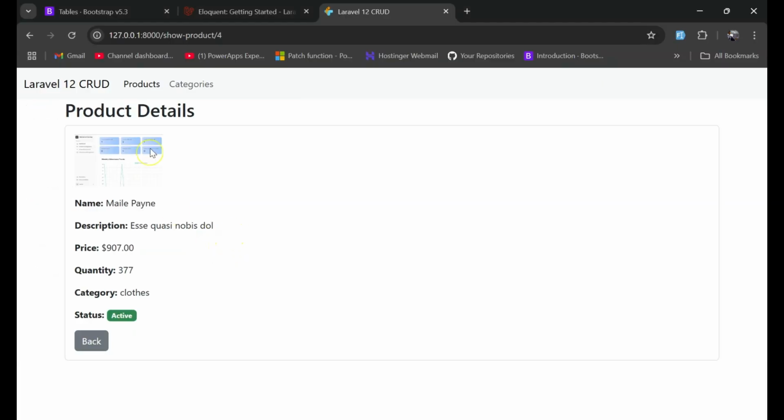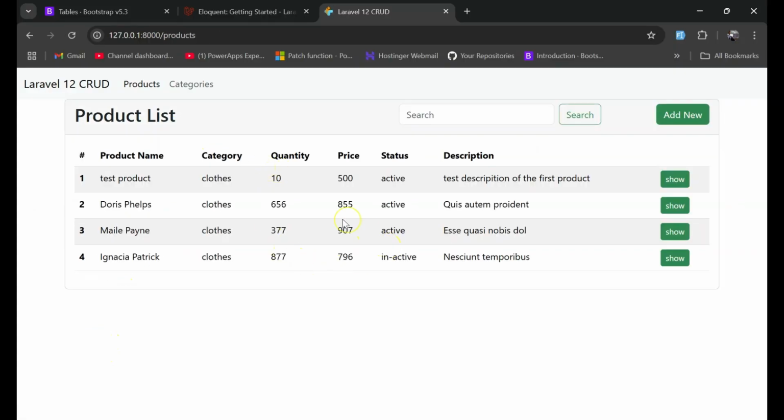Okay, now refresh. Now you can see it looks a little bit nice. Okay, so you can style it as much as you want. So that is for simplicity. And now let's go and add the edit button here so that the user can edit the